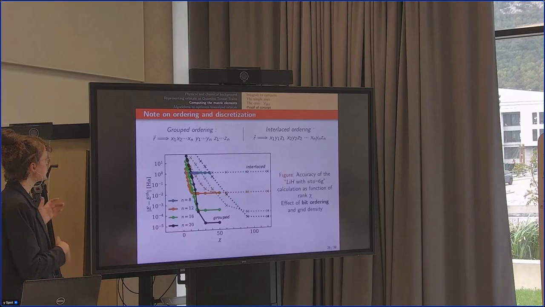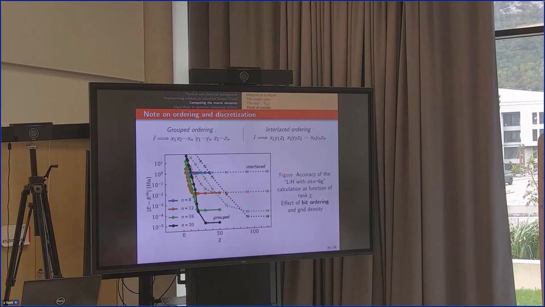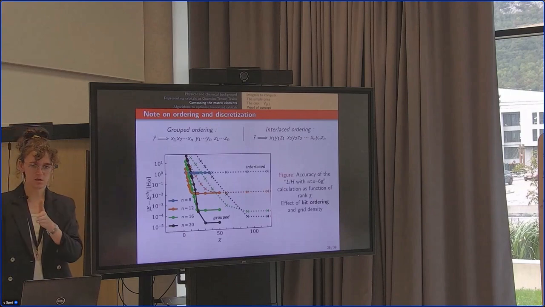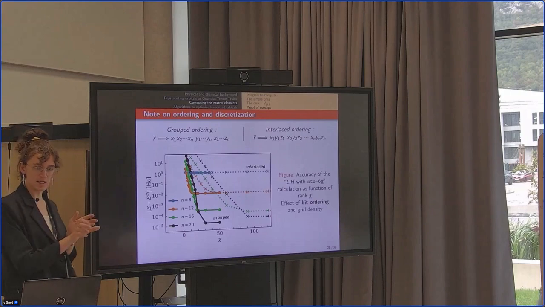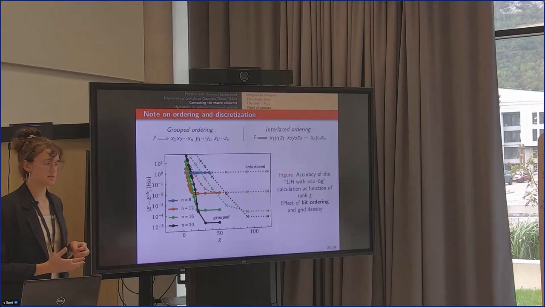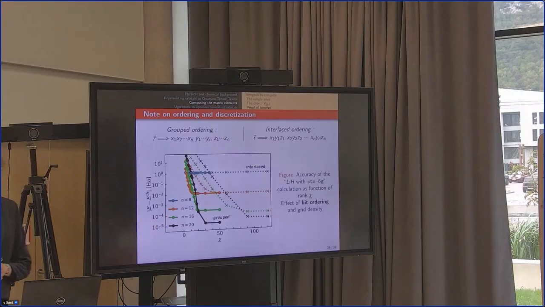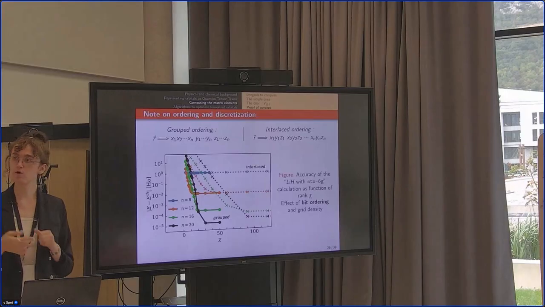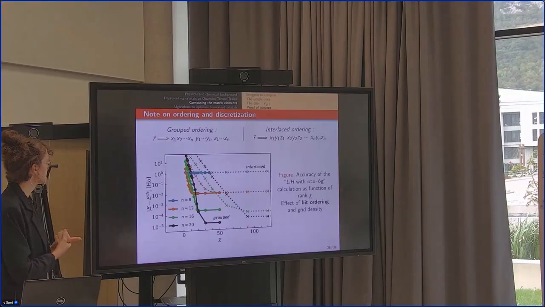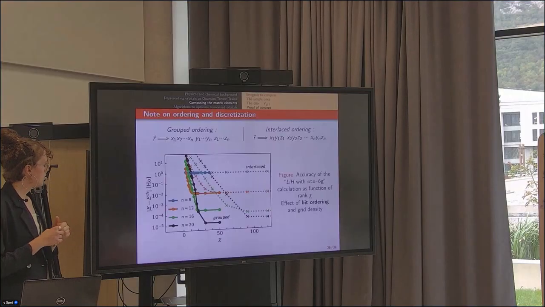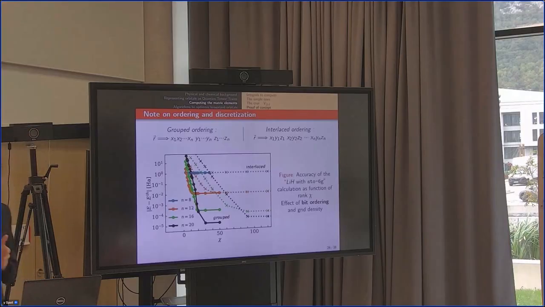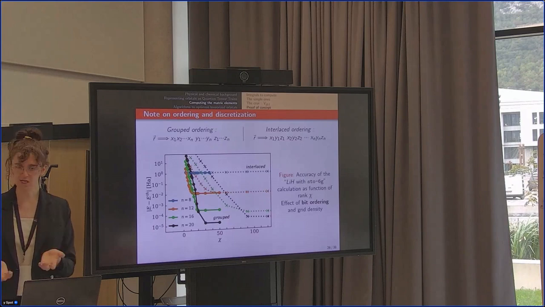I didn't go into details, but for the ordering we chose for the quantics discretization, we chose what we call grouped ordering, so X, Y, and Z. There is also the interlaced ordering, which is grouping by scales. And it actually has an impact. The plot I'm showing here is the energy we get as a function of the bond dimension for different cases. I compare different orderings and also different levels of discretization. What we see is that interlaced ordering is less efficient than grouped ordering, because for grouped ordering, we need a bond dimension that's even less than half of it. So grouped ordering is actually the better ordering for this kind of problem.